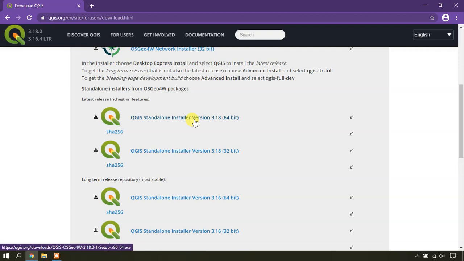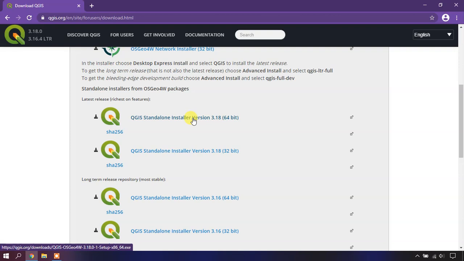The advantage with QGIS is that you can install both versions and work with them on the same system, in Windows. Right now I'm going to download the 3.18 version. Later we will download the 3.16 version. This is a 64-bit laptop, so I'll download the 64-bit version of the software.